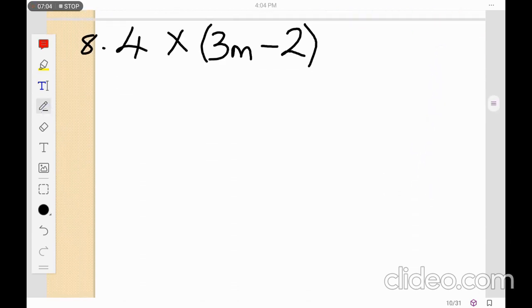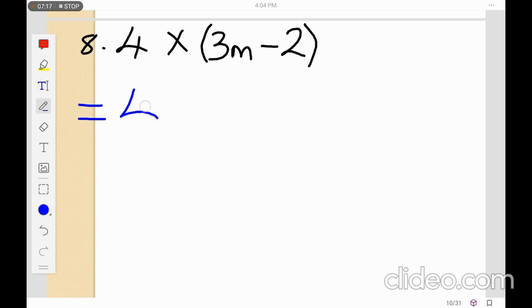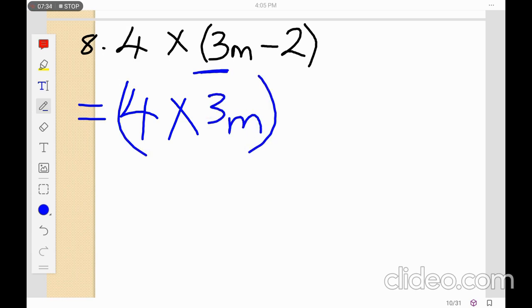Now we have a different scenario here. I've got a multiplication here, but because of these brackets here, I'm going to solve that part first. Okay, so let's do that. I'm going to solve the first part. So I have 4 times. Now with this one, I'm going to say 4 is multiplying each and every element there. So it's going to be 4 times 3m. Then I've got